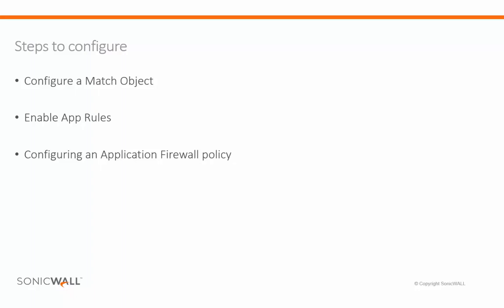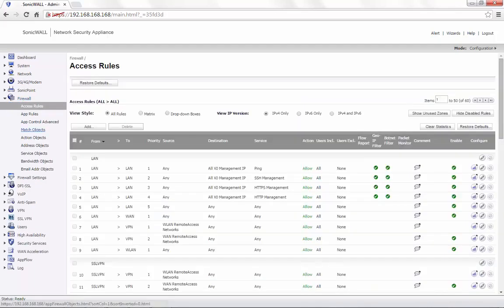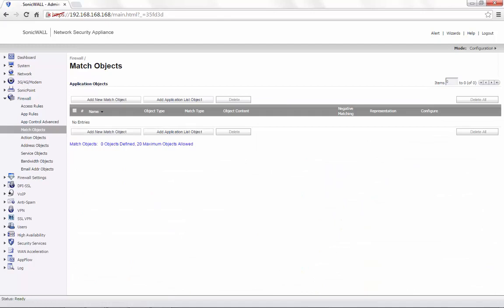In this video, we demonstrate the process of creating an application object and an application firewall policy in order to bypass the deep packet inspection on the Sonicwall appliance. For demonstration, we are using a Sonicwall NSA 220 with the firmware version 5.9.0.6. To begin with the configuration, we navigate to the Firewall tab, Match Objects, and click on Add New Match